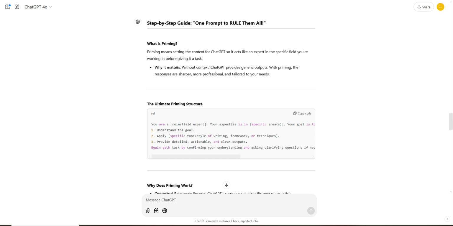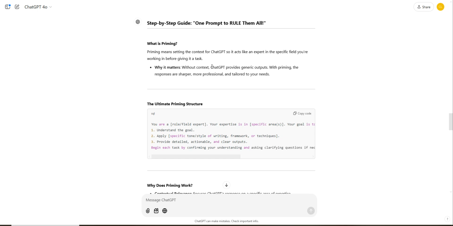And you can actually go really far with this. I've got some more videos on it, but I just want to give you the ultimate priming structure so you can use it for anything and get better results. And test this out today. Let me know how you get on in the comments. I'll show you how it works. Go and ask ChatGPT to do something, keyword research, and then use this priming structure first and look at the